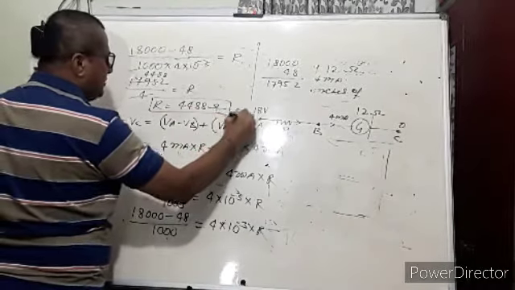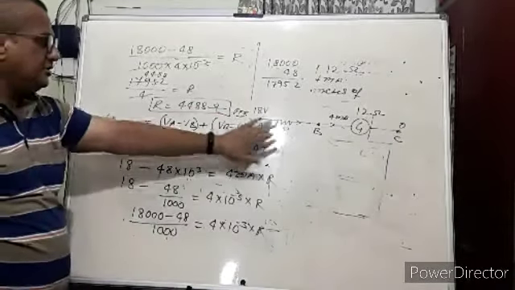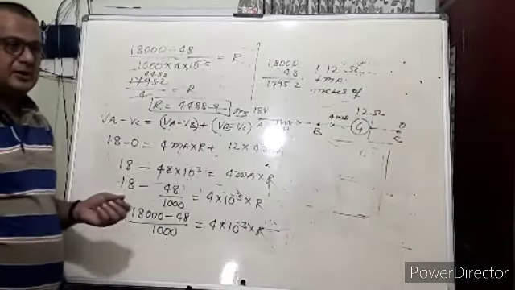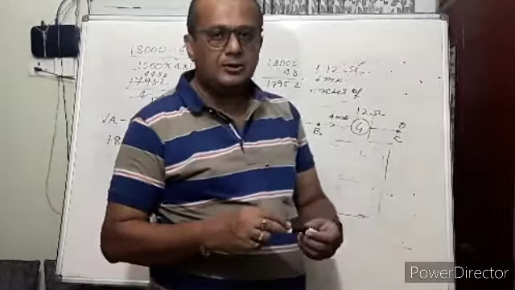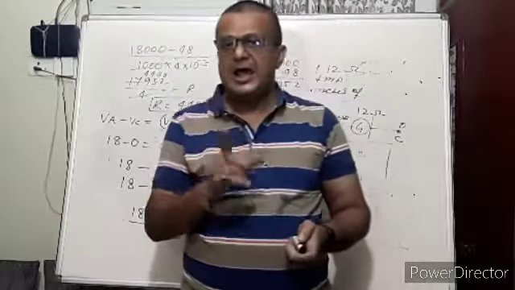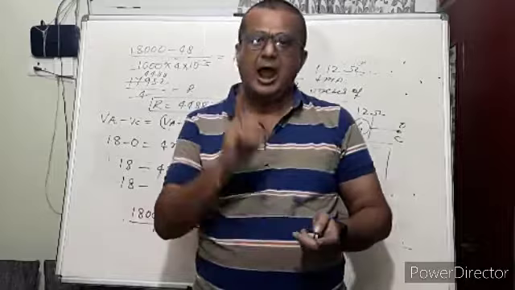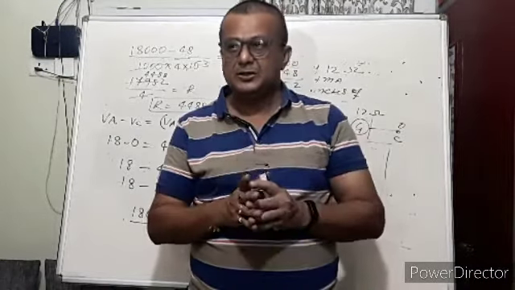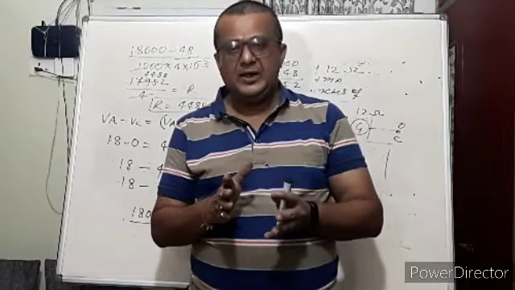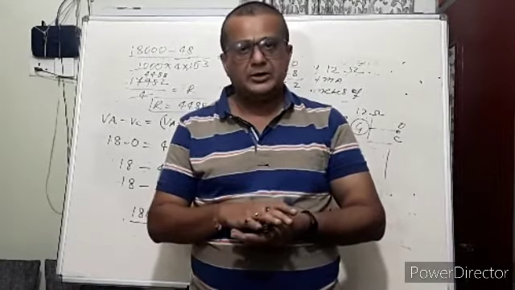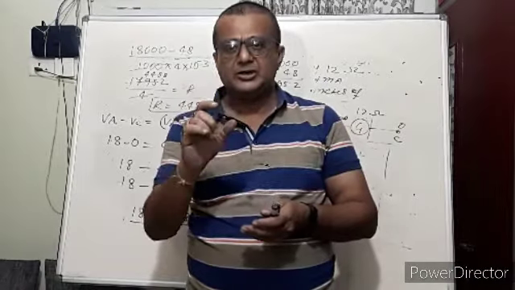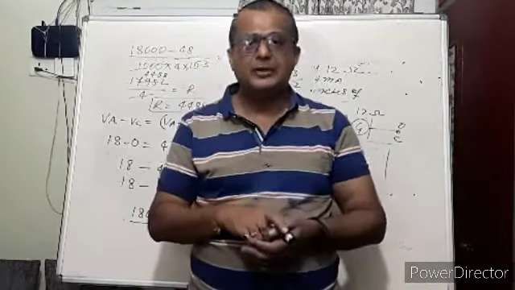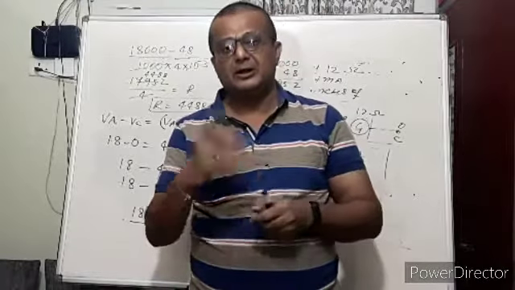This resistance will be connected in series. Then we can convert any galvanometer into a voltmeter. I think it is clear. So an ideal ammeter will have zero resistance and an ideal voltmeter will have infinite resistance. In a nutshell, if any galvanometer is converted into an ammeter, we have to connect a small resistor called a shunt in parallel, while a high resistance is connected in series in converting to a voltmeter.